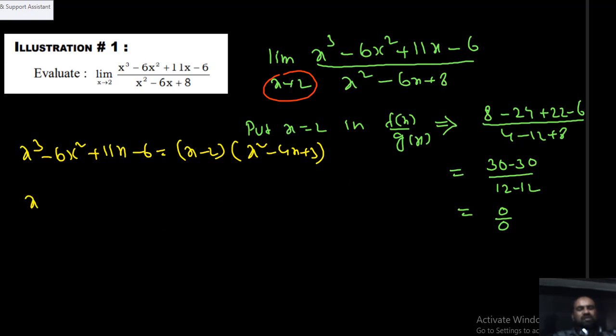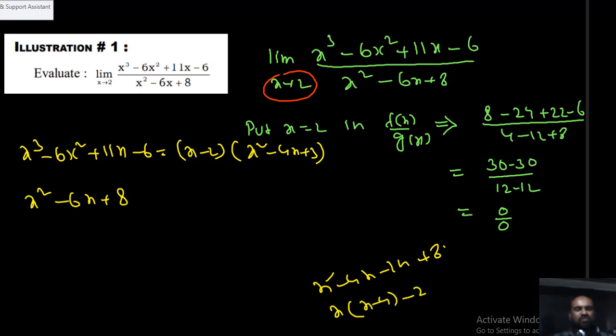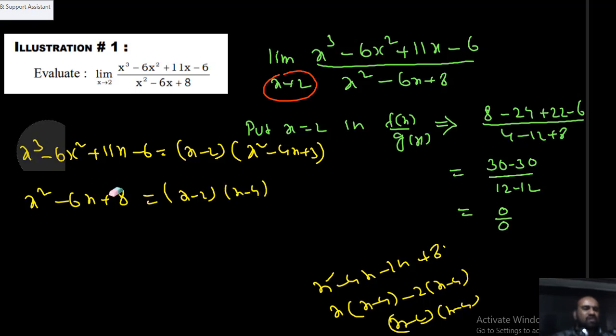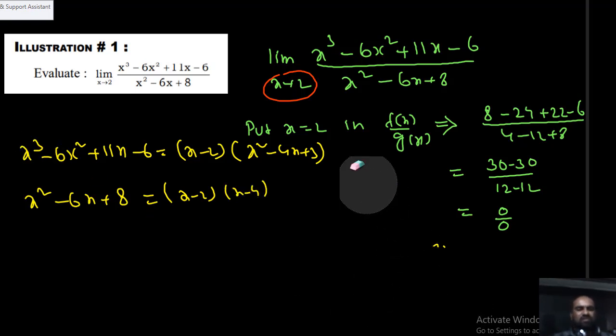Next, the denominator, x square minus 6x plus 8, should be factorized. So x square minus 4x minus 2x plus 8. x is taken common, x minus 4. Minus 2 taken common, x minus 4. So I will write this is equal to x minus 2 into x minus 4. Okay, students. Now,